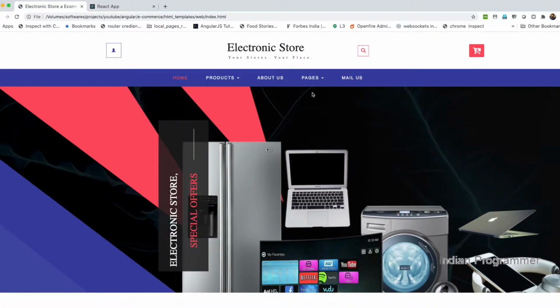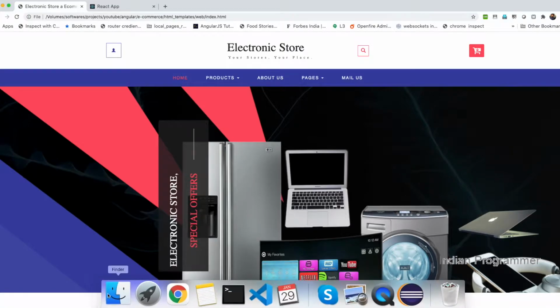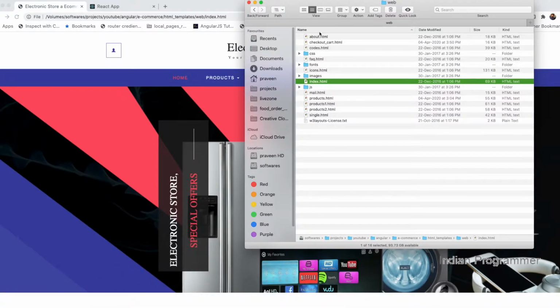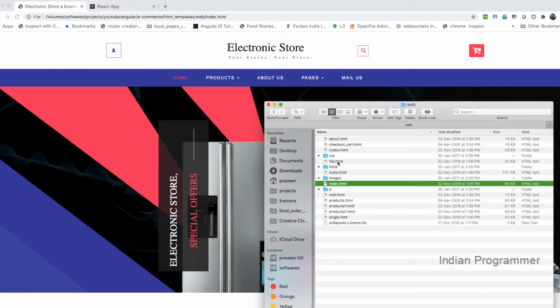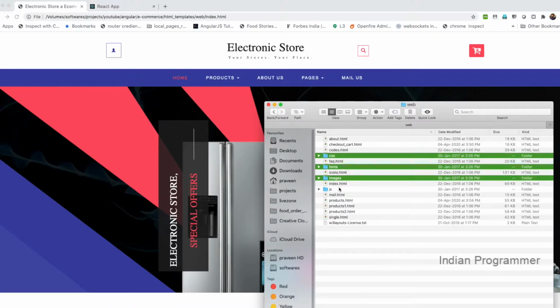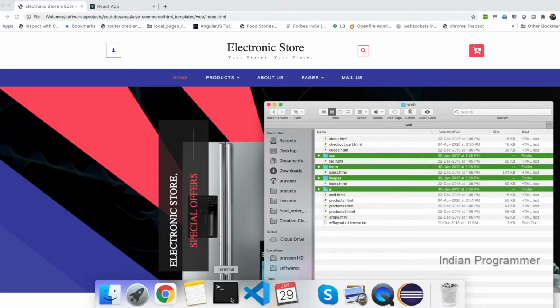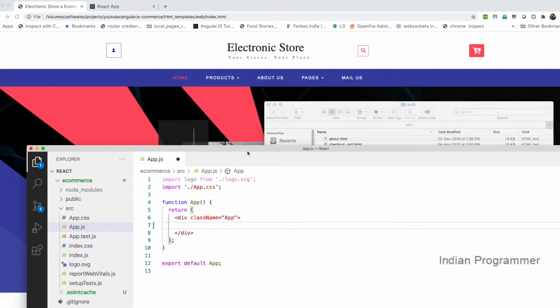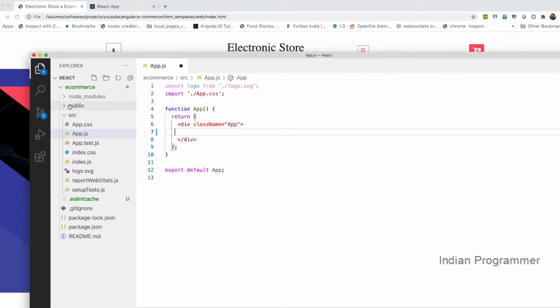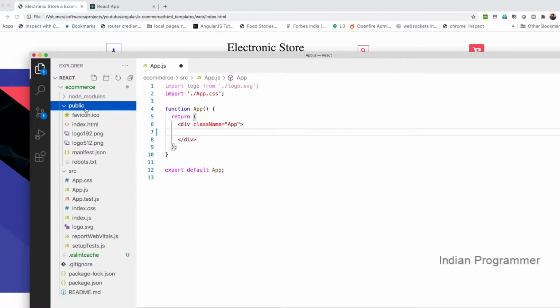First we will integrate the CSS part. This is the HTML template code. I'm copying only the fonts, images and JS from here to our application. There's a folder called public.